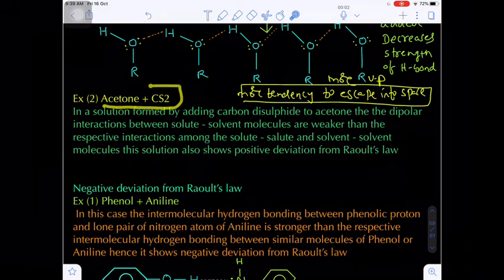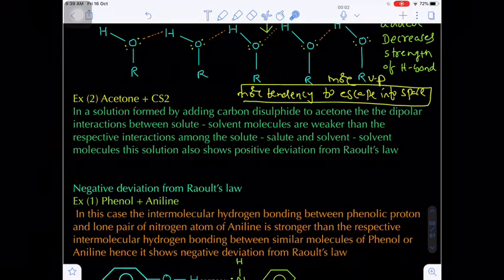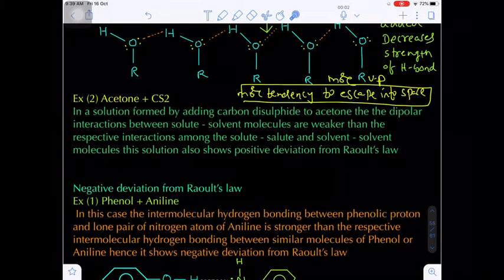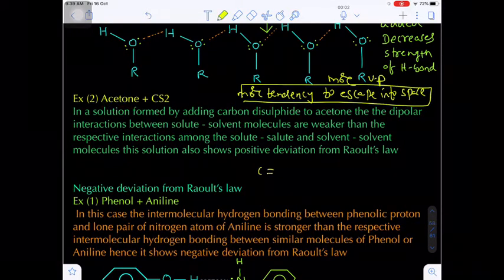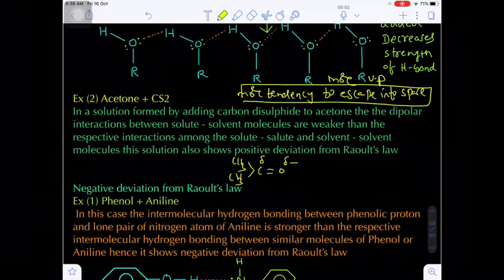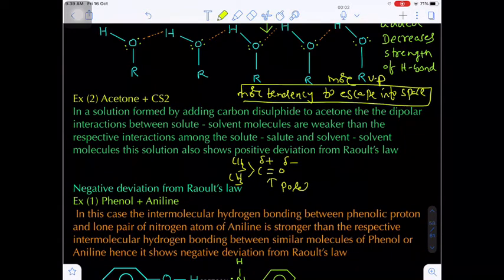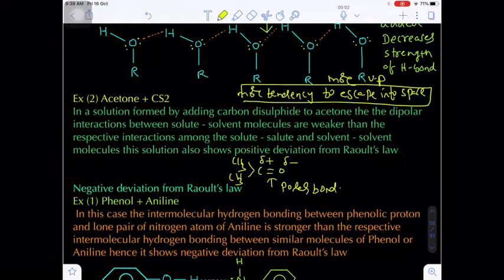Okay. And one more example, we have acetone and carbon disulfide. Here also acetone has dipole intermolecular force of attraction. Do you know acetone is CH3 C double bond O CH3. So here oxygen is more electronegative as compared to carbon, due to which it possesses a polar bond, or polarity.